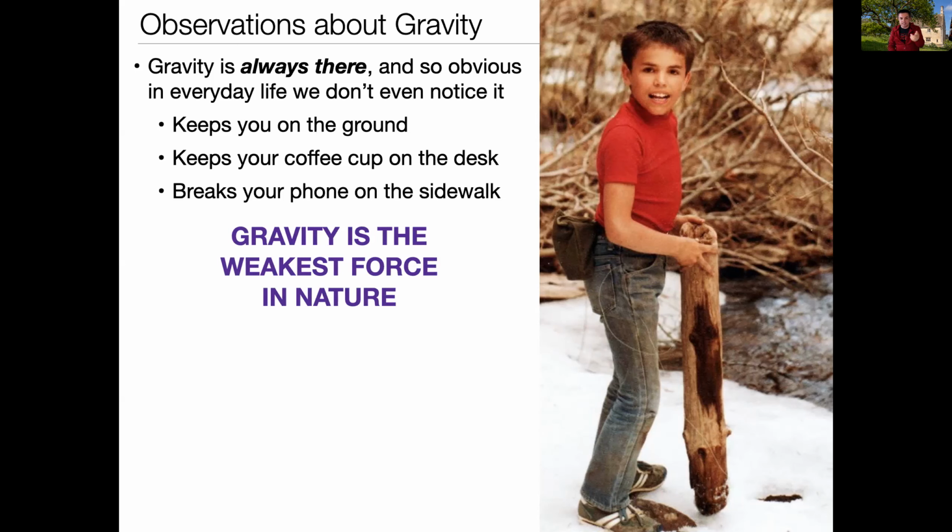And what we mean when we say that gravity is the weakest force is, if we compare the strength of gravity to the strength of the strong nuclear force, those two are different by about a factor of 10 to the 42. Okay, or gravity is 10 to the minus 42 times weaker than the strength of the strong nuclear force. So it's the weakest force in nature. All the other forces are extremely important, but you already know that gravity is extremely weak.